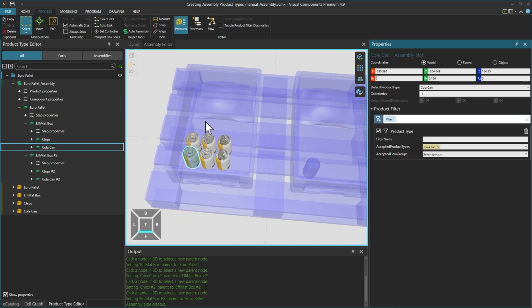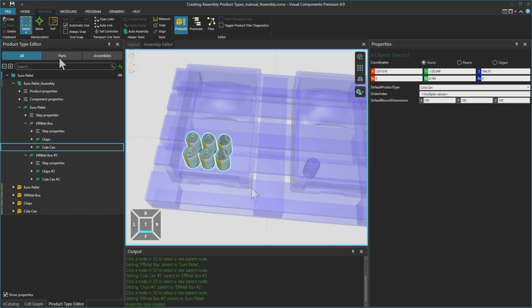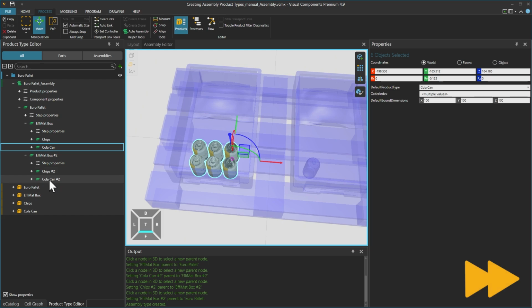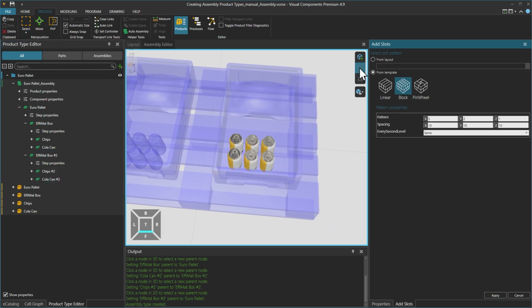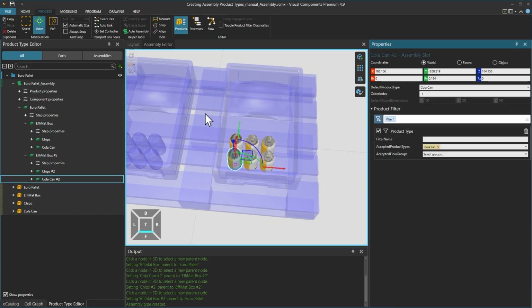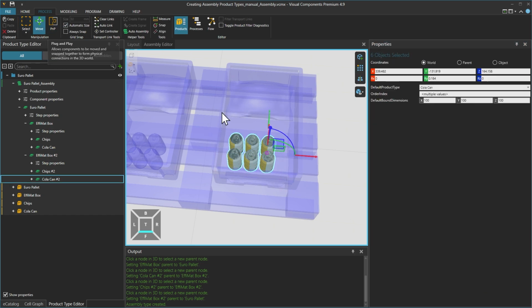Using the Select tool to select all 6 cans, then using the Move tool, grab the origin and place them in the required position in the box. For the cans in the other box, create a block, then select all the cans and place them in the box.